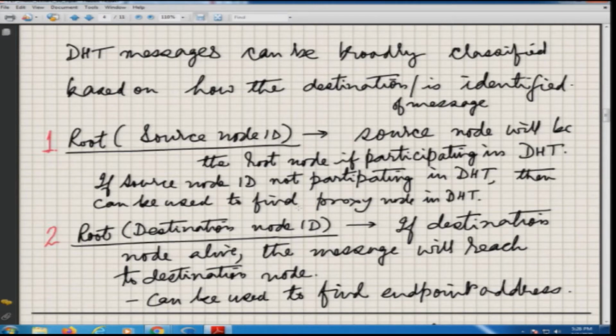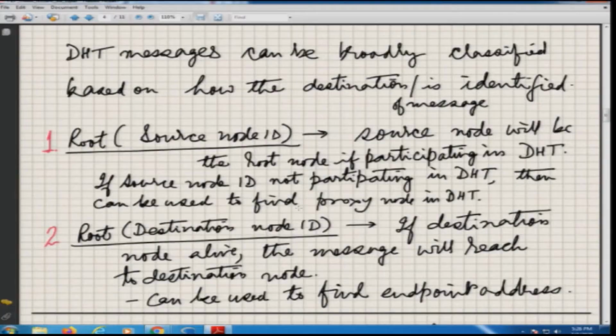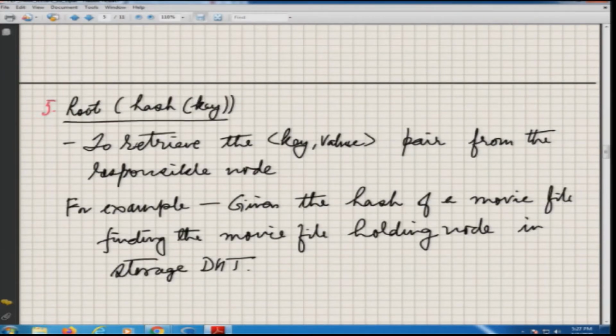We have source node IDs, destination node IDs, the source user ID, the person who is logged in onto that system. The same user ID can be logged in at multiple node IDs also; that is feasible, so we have to take care of that. Then we have the destination user ID, and ultimately at the end, for example in a distributed file system, the inode address. An inode is the description of that particular file or directory in the file system space. So, these are basically 5 identifiers, which give rise to the messages.